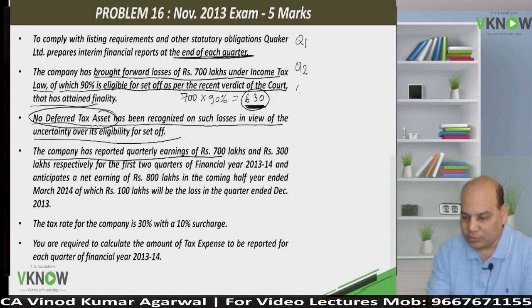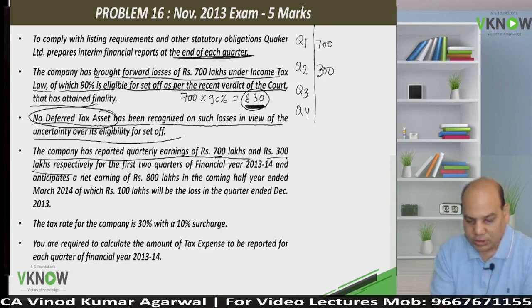Understand the question. 700 lakh they have reported in the first quarter and 300 in the second quarter, and anticipated a net earning of 800 lakh in the coming half year ended March 2014, out of which 100 lakh loss